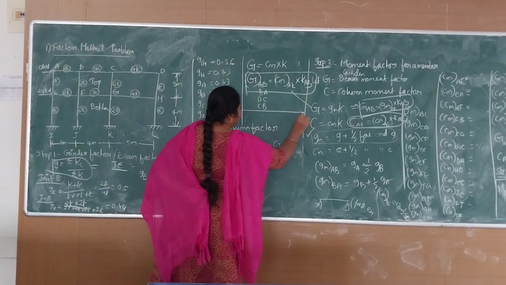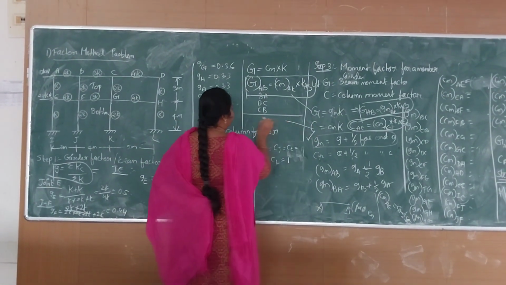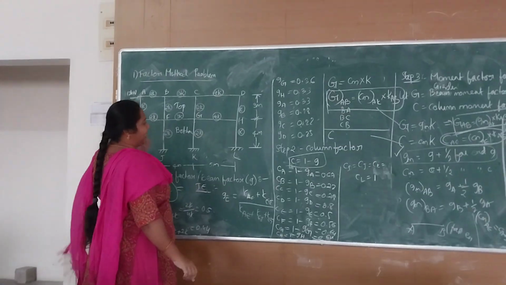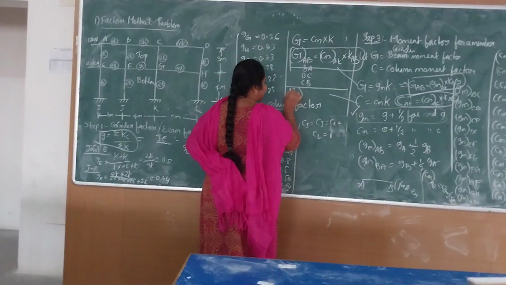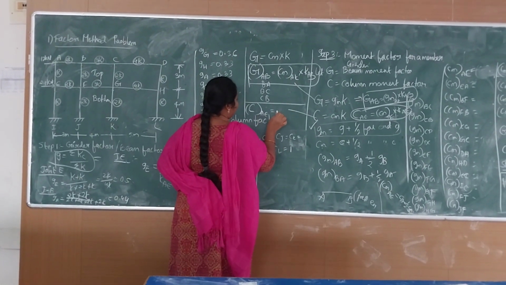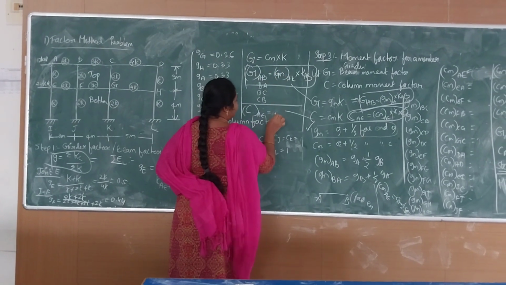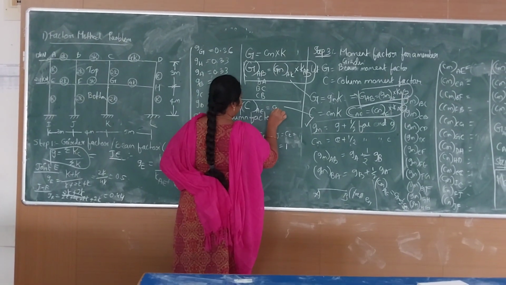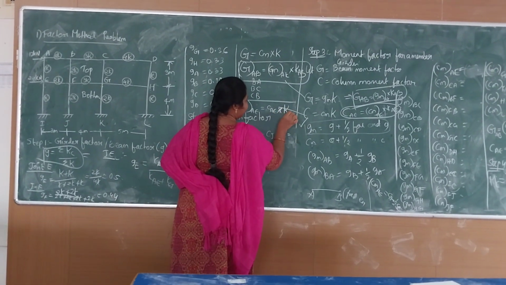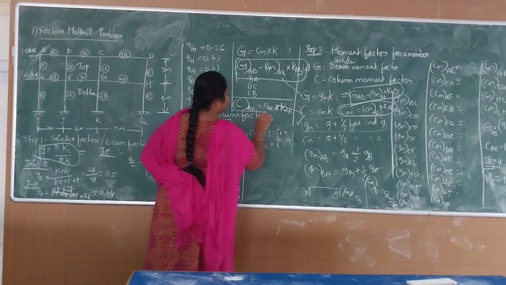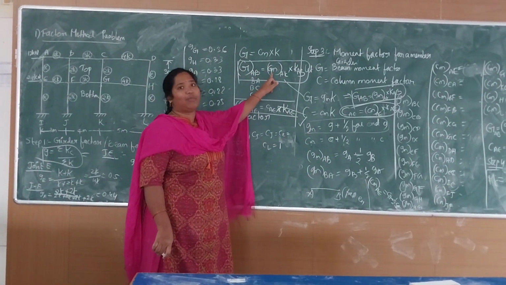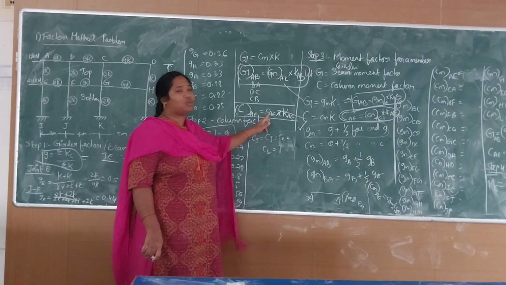Now after this, we need to calculate the column movement factor, that is capital C. Capital C means column. First column is AE. So C of AE is equal to, sorry, here we will take CM of AE into stiffness of AE. This is the formula to be used to calculate the column movement factor. For the girder movement factor, use the girder movement only. For the column movement factor, use the column value.